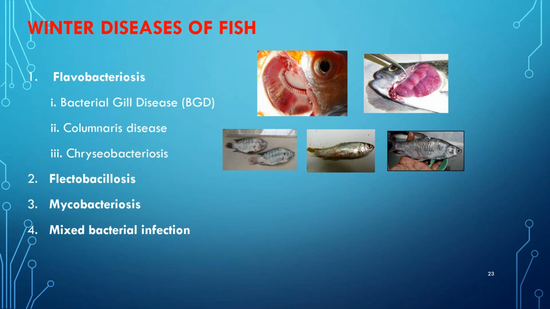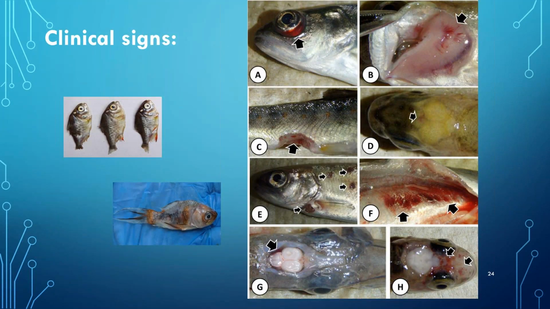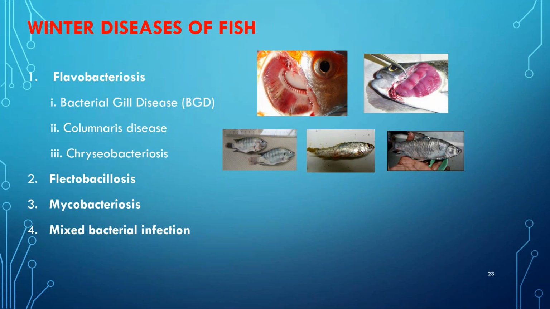Then Chryseobacteriosis. These are caused by Chryseobacterium. These are non-motile, gram-negative straight rods. The colonies range from pale to bright golden yellow color due to the presence of non-diffusible flexirubin-type pigment. And the clinical signs, chiefly, are white patches on gills, tail rot, skin discoloration, scale loss,